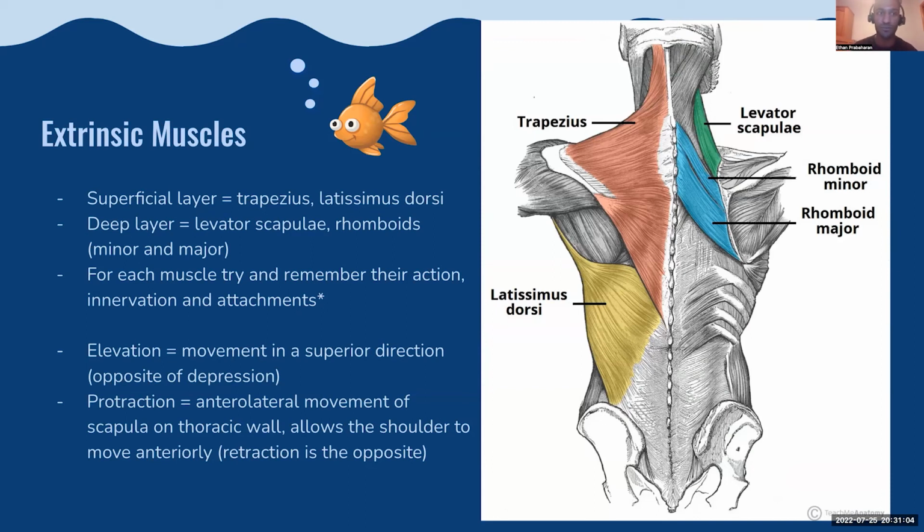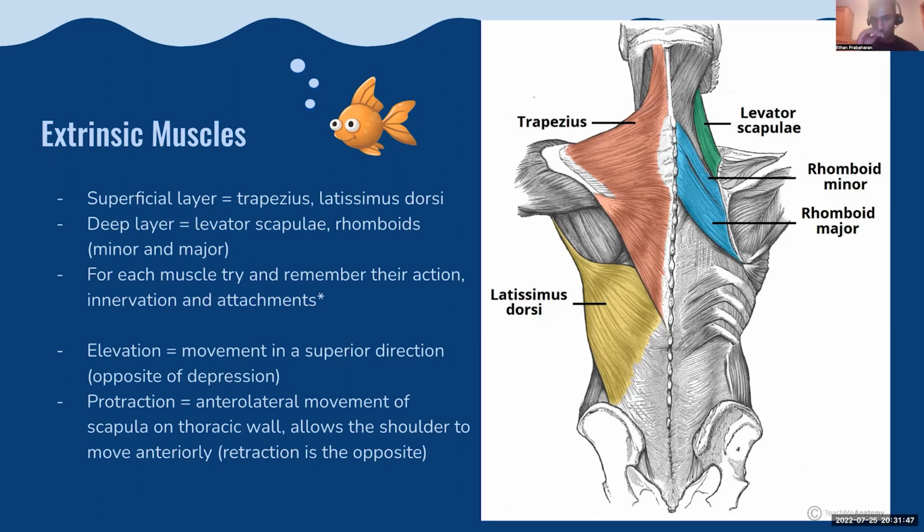So your superficial muscle is your trapezius and your latissimus dorsi, or your lats. Your trapezius is a massive muscle, which has a bunch of different roles. And again, lats are another one where if you remember the insertion, you can remember its role. The deeper layer is composed of levator scapulae and the rhomboids, so minor and major. You would note there's a few muscles that have minor and major, and whenever there's a minor, there's a major. Okay. And I think with muscles, if you know their innervation as well, or which nerve supplies them, that's also